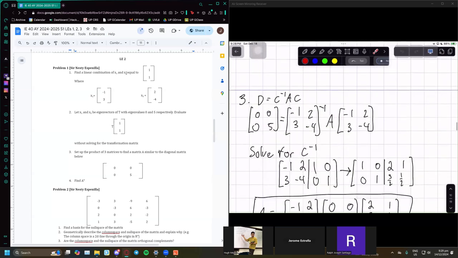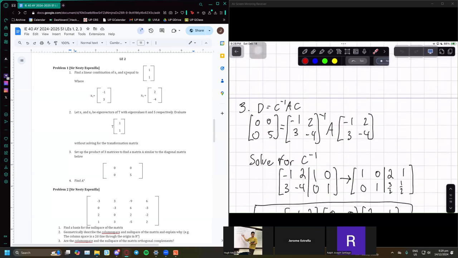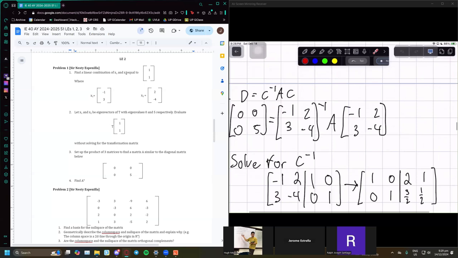So when you're doing diagonalization or finding similar matrices, those are linked. When you're diagonalizing, you're finding a similar matrix. But in this case, we're already given the diagonalized matrix. What's going to happen